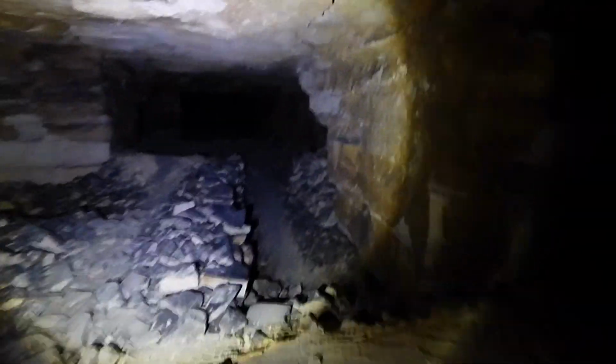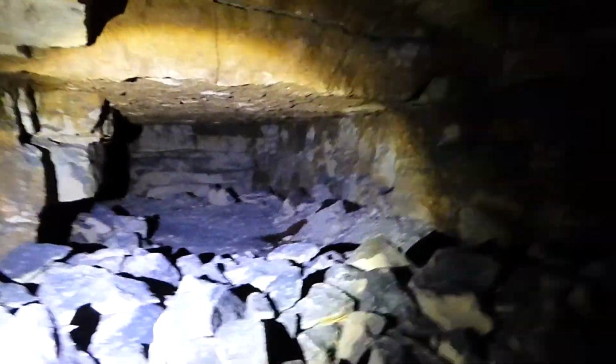And see, passages do get very, very confusing when you head these ways. Especially this. See how confusing this is? Literally, you need to be very careful to trace your steps well. If you don't trace your steps well, you could easily get lost in this part. It's not self-explanatory at all. All of you watching think, oh, I'm just making it up. I've got really good sense of direction, but when you're in a situation like this,